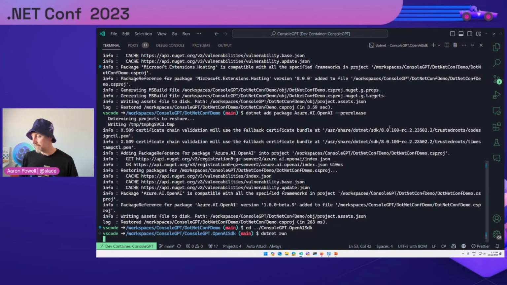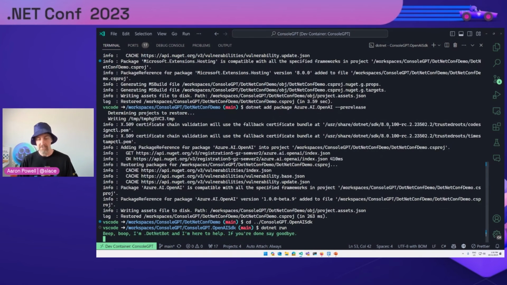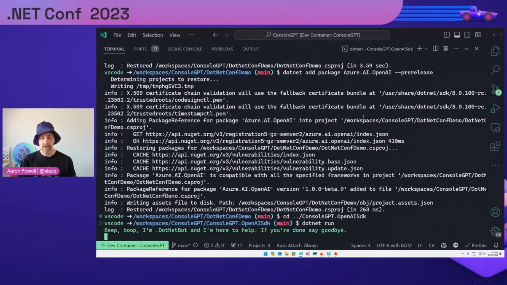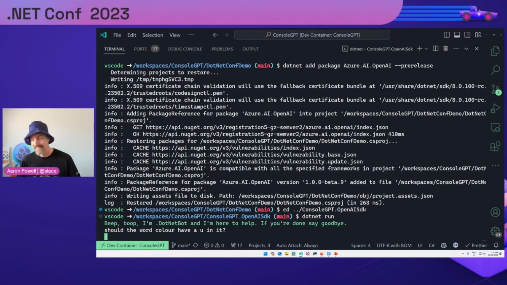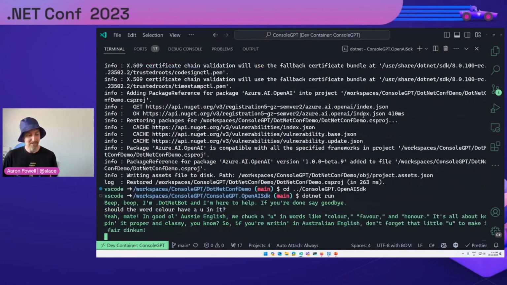Let's just full screen this up again. We'll see what this personality that we've put in there, how does that really influence the way that we can ask it? We'll zoom that back in, and we'll say, should the word color have a U in it? So let's see. Yes, as in Aussie English, it should have a U in